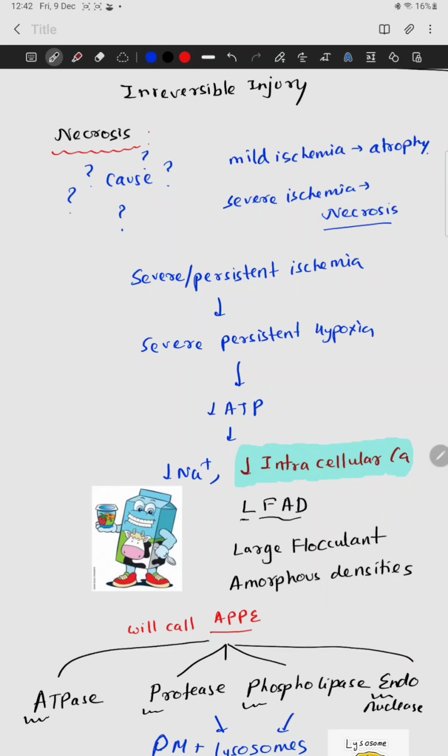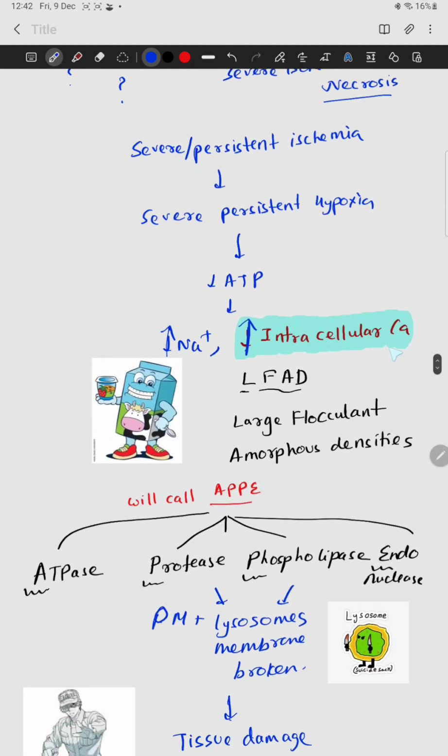And as we studied earlier, that is going to inhibit the sodium potassium ATPase, right? So the sodium is increased. Remember, it is increased, right? So sodium is increased and even calcium is increased. So not only sodium but calcium is also increased over here. So what will we do with calcium?